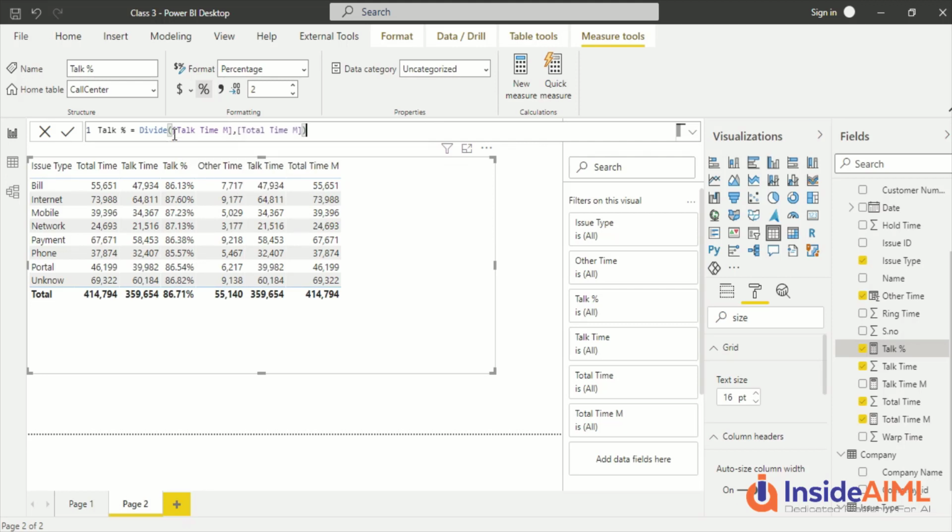Now there is something known as divide by 0. What should be the action when we get a certain scenario? So you can give in the divide function a third parameter to see what happens in such cases. Alternate results which you can give, and it also handles the divide by 0. So we'll not face a divide by 0 error. We don't have to write an if the total time m is 0, then do this and do that. We simply can use divide, and divide will take care of that. So we don't have to bother about it anymore. So let divide take care of that. Always use the divide function when you need to write this.